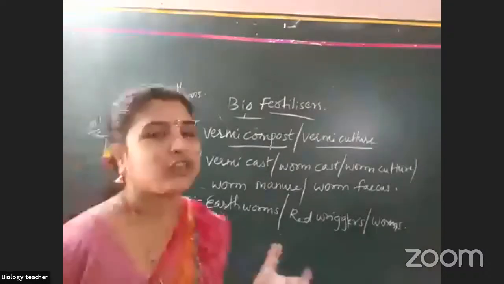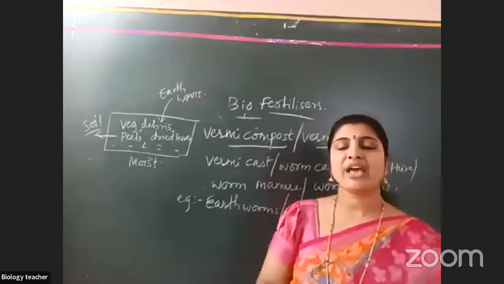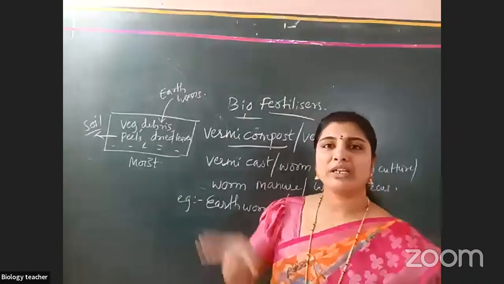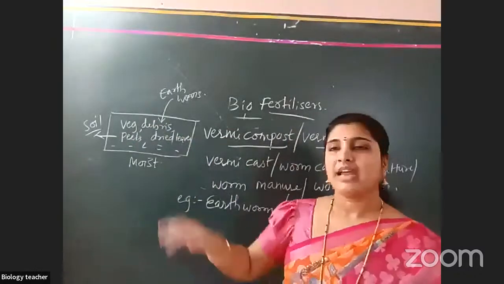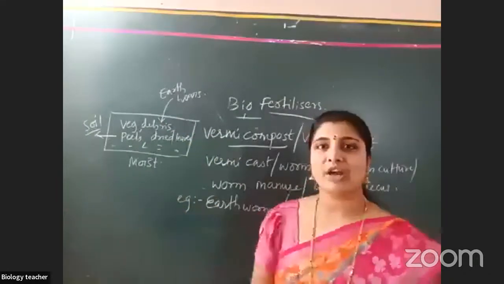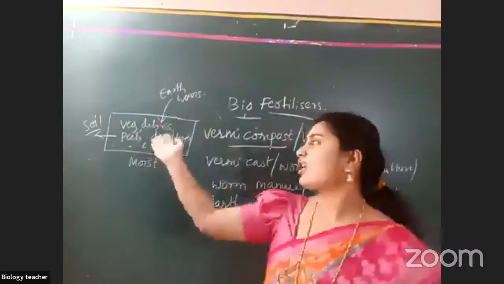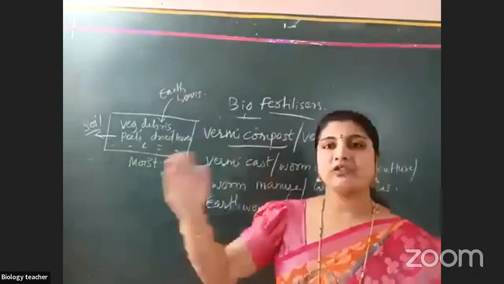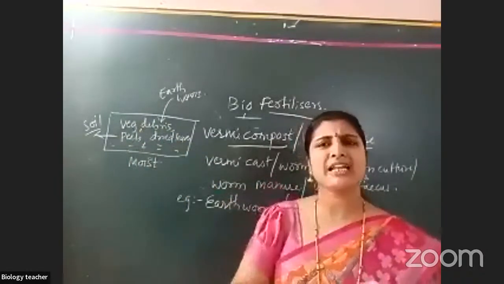Why? Because earthworms respire through the skin, cutaneous respiration. So the skin should be moist for respiring. What will the earthworms do in the soil? They will eat all the vegetable waste, always eating. And after eating, they release waste materials and mix it in the soil. After many days, they take the soil from this place, tie it in bags and export it to the fields. Okay, before keeping earthworms, the soil contains nothing.